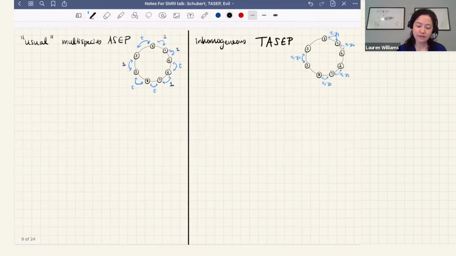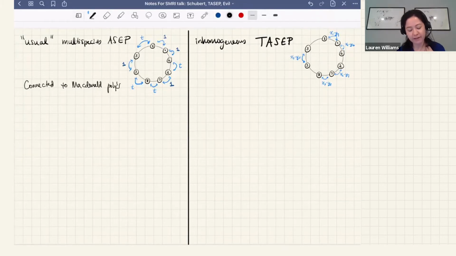Now, interestingly, the usual multi-species ASEP has a connection to Macdonald polynomials. Macdonald polynomials are a q,t generalization of Schur polynomials. And just to say a little bit about what this connection is,